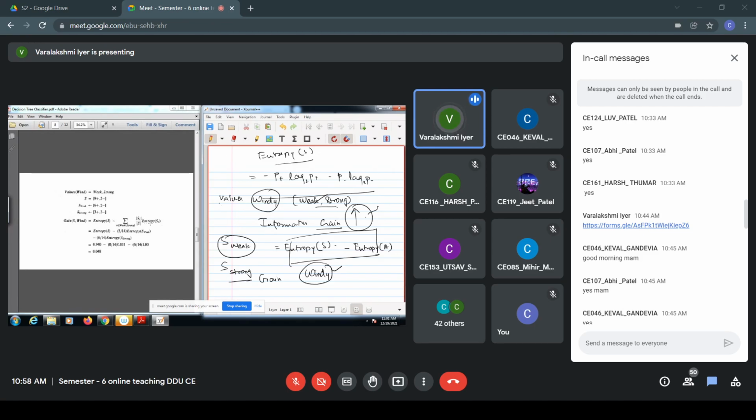The weight is the total number of values in your data set with windy as weak, and the total number of values in your data set with windy as strong. So we'll multiply by the weight, calculate the entropy, and subtract it from the entropy of the system. So we'll get a value of information gain. In this similar manner, you will calculate the information gain for the rest of the attributes, and you will choose the attribute that best splits your data, that gives maximum information gain.